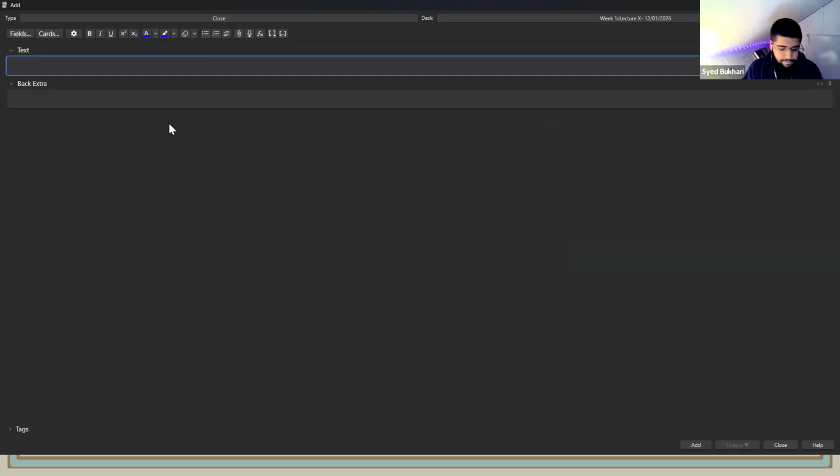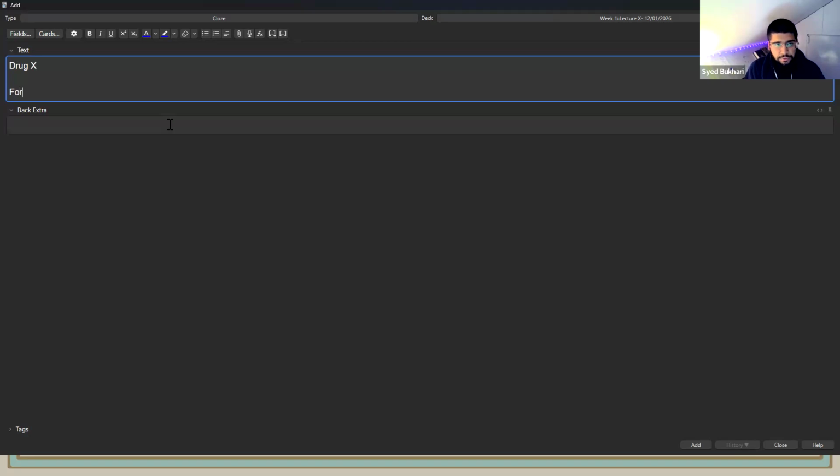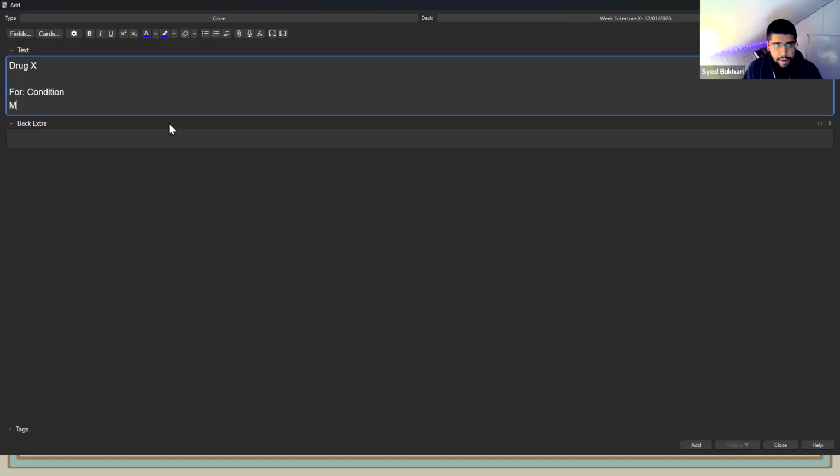Let's say we have drug X. Now drug X is for a specific condition, the condition. The mechanism of action is something. Great.